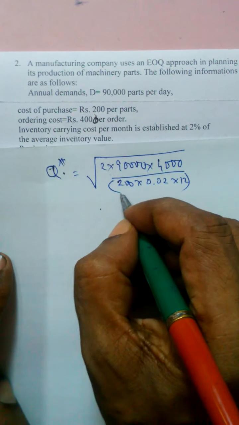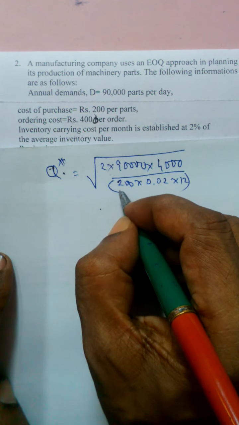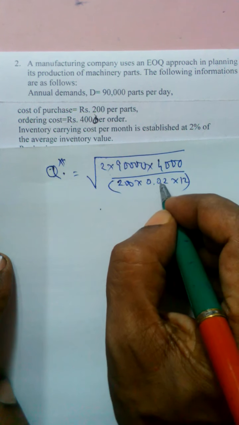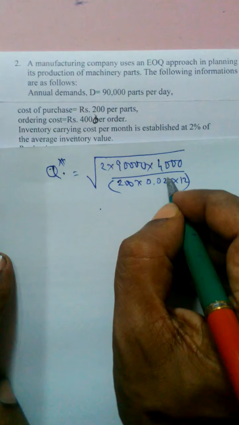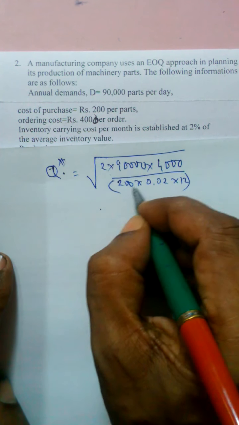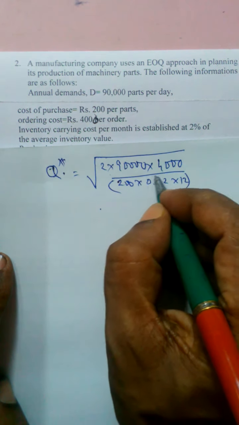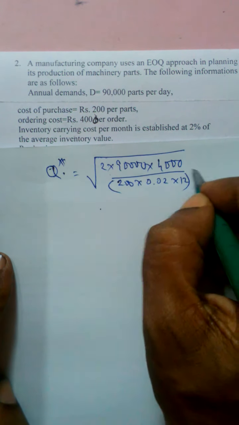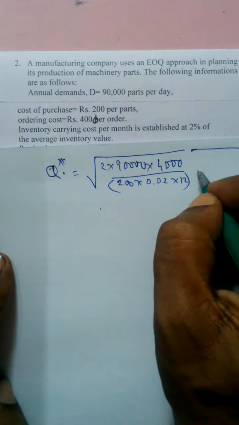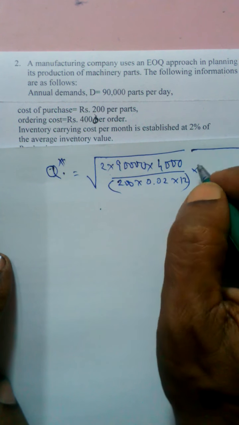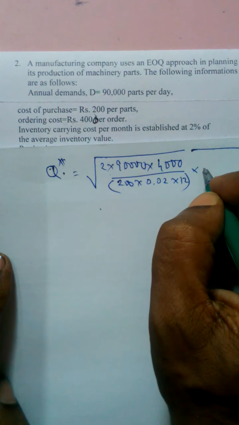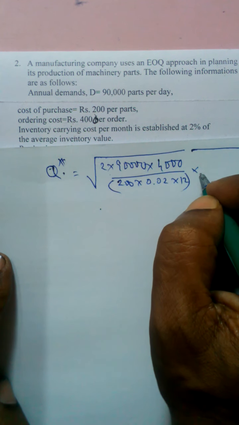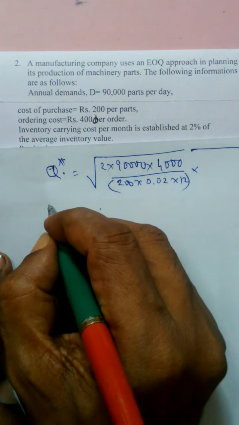This part you just note. 200 rupees is the purchase cost, and 2% is per month, so 2% into 12 months. This is the annual carrying cost, into P minus D, where P is your 400 production, and that